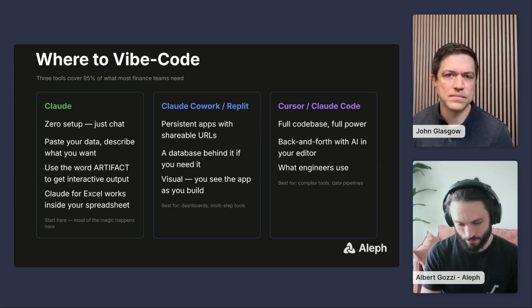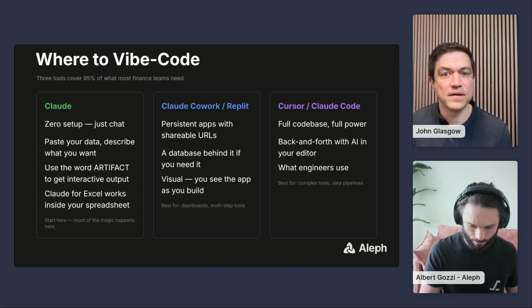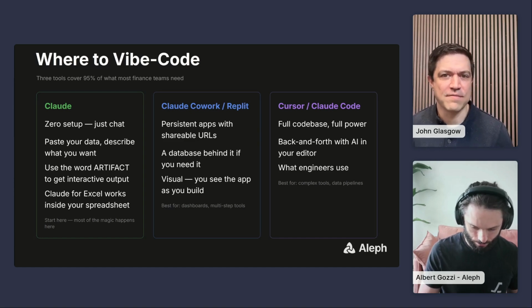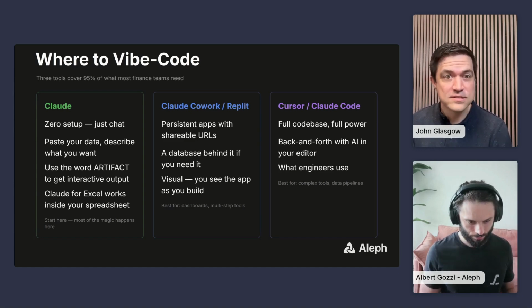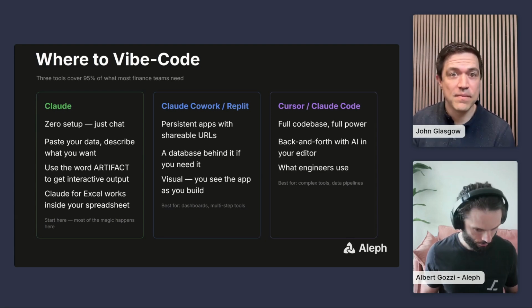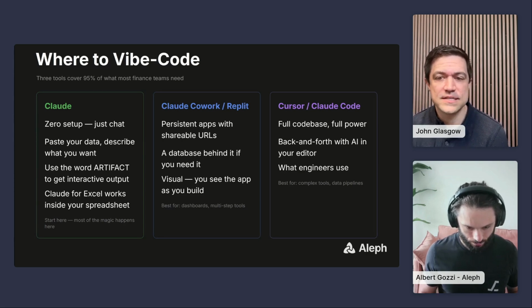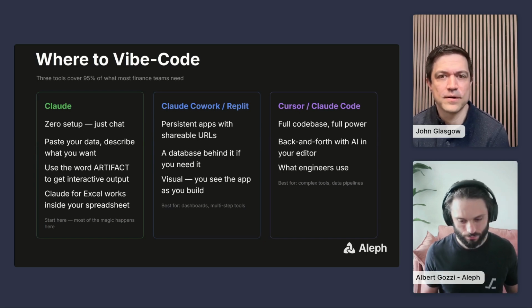And then code is arguably the more advanced one, more frequently used by engineers. It will sometimes ask you to go into the terminal on your desktop or do something a little more advanced. So my recommendation for the half of you that have never built anything: start with something like Cowork or Replit. And for those looking to take the next step, you can go into a Claude terminal, you can go into Cursor, you can go into more advanced use cases. But to start, I would go into a Replit or a Cowork.